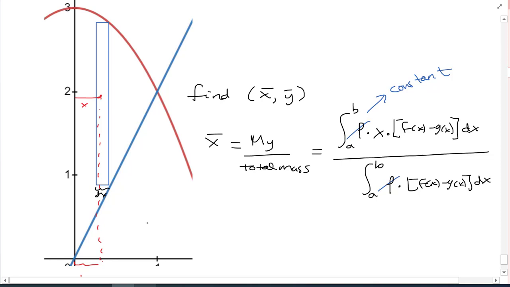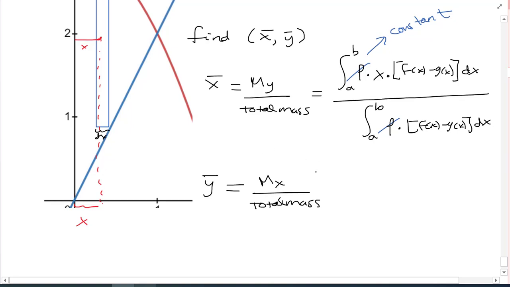Similarly, y bar is the place where it balances along the y-axis. Where along the y-axis from 0 to 3 is this region going to balance? Where along the y-axis, or what y-coordinate of the centroid, will keep it from rotating towards the x-axis? This is the moment about the x, the tendency to rotate towards the x-axis, divided by the total mass. The total mass is the same, so we just need to figure out the